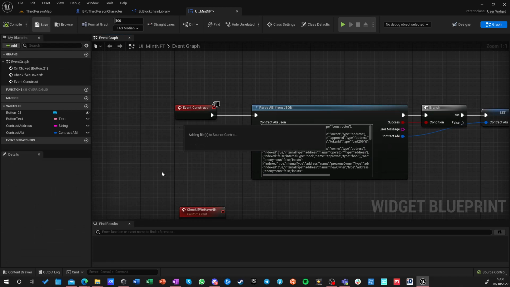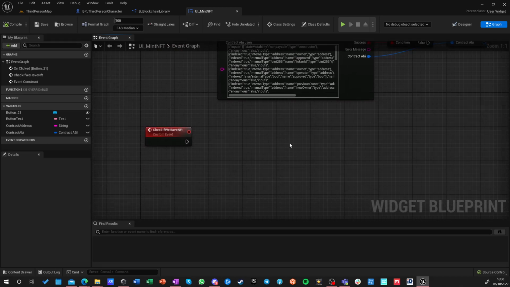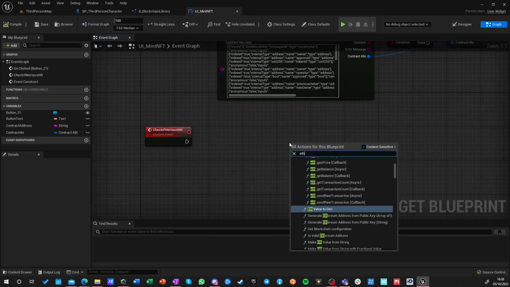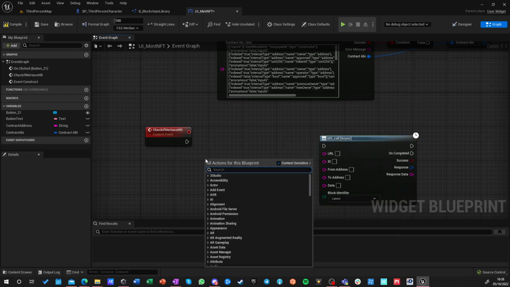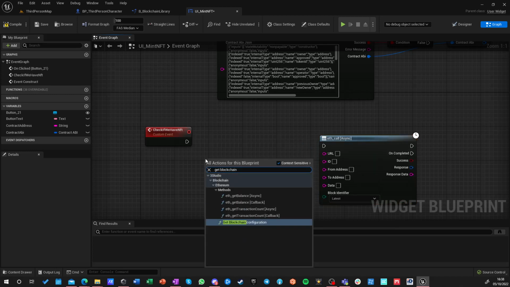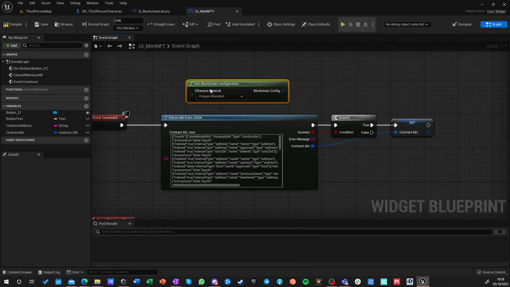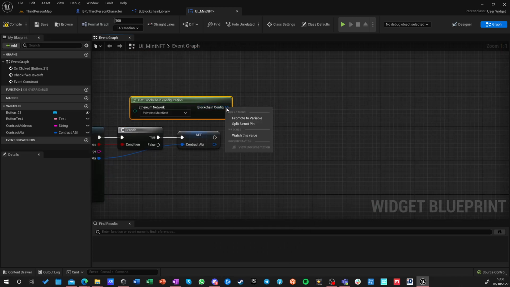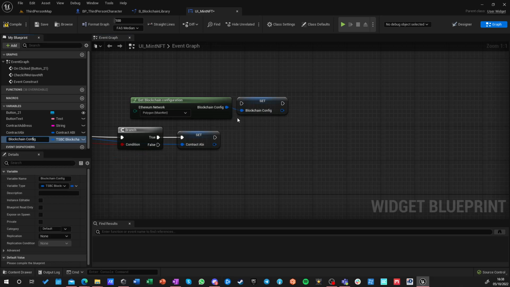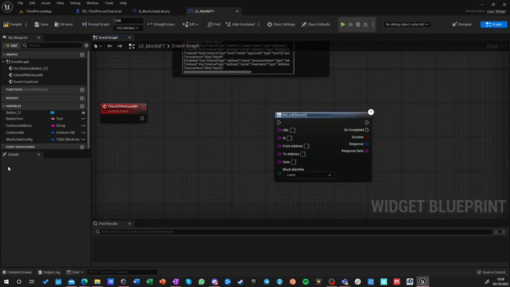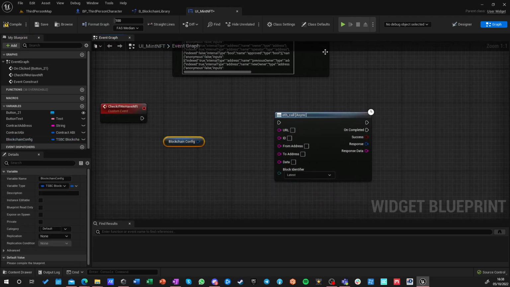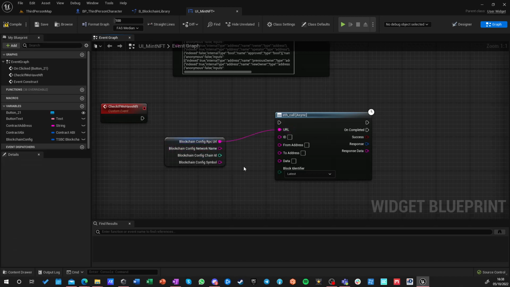So we need to do an it call. So it call is quite easy. We already did it before, so I'm not going to explain it fully. Get blockchain configuration. Maybe let's do it on construction. And let's promote to variable blockchain config. And we are using Polygon mainnet. So now we can get this variable, and if I change it there, it changes everywhere, and we just need